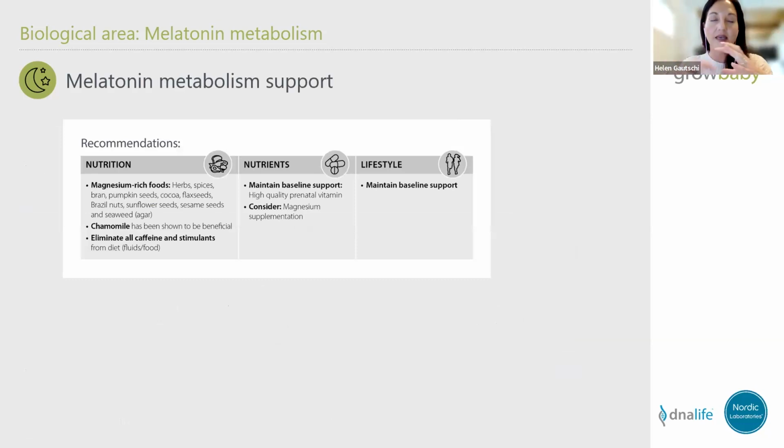During pregnancy, the studies are not concrete enough yet to support the supplementation of melatonin. Some say it's safe, but animal studies are still very mixed. So what we're looking at in terms of supporting melatonin metabolism during pregnancy is how can we promote sleep and a better day-night cycle, because that, if you go into the studies, and we can dig into it